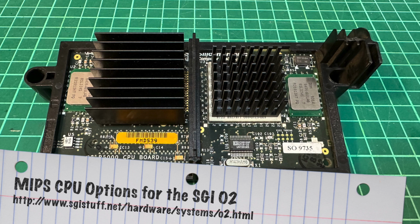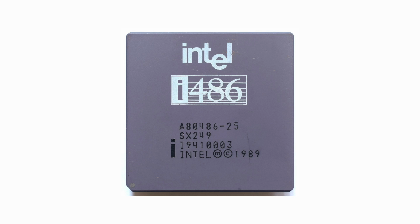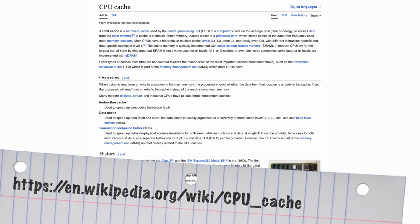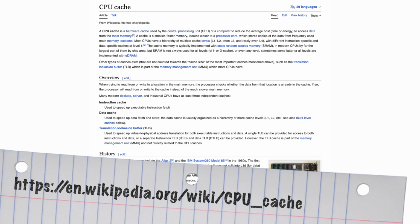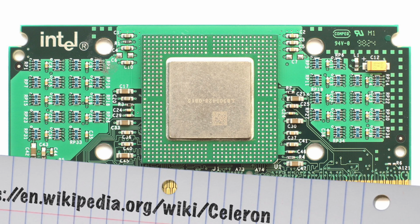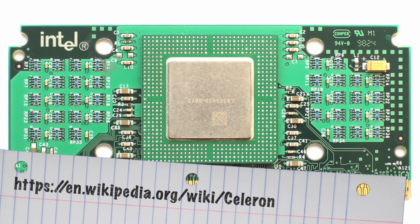In the PC world, the impact of the CPU cache can easily be simulated with a 486. Take a 486 running at 66 MHz and disable the cache in the BIOS and let it run against a slower 486, like a 25 MHz model, with the cache enabled. The 25 MHz CPU will easily outperform the 66 MHz CPU in all areas, even if it runs at a lower clock. But there's no need to artificially prove the impact of the cache, as Intel themselves displayed it